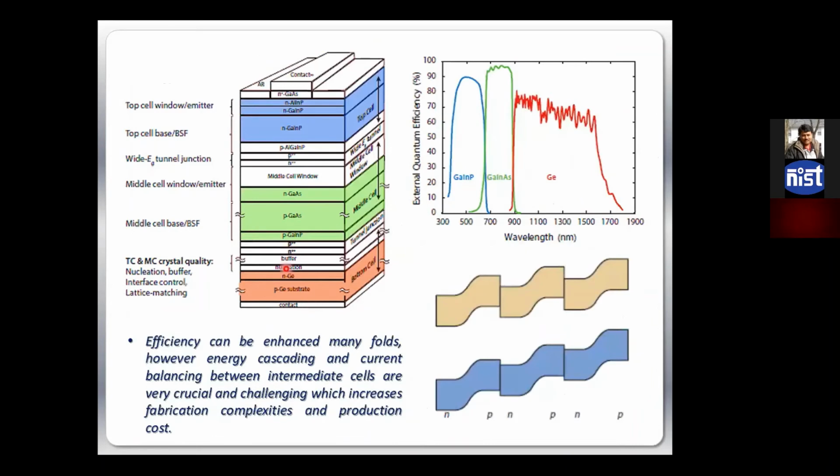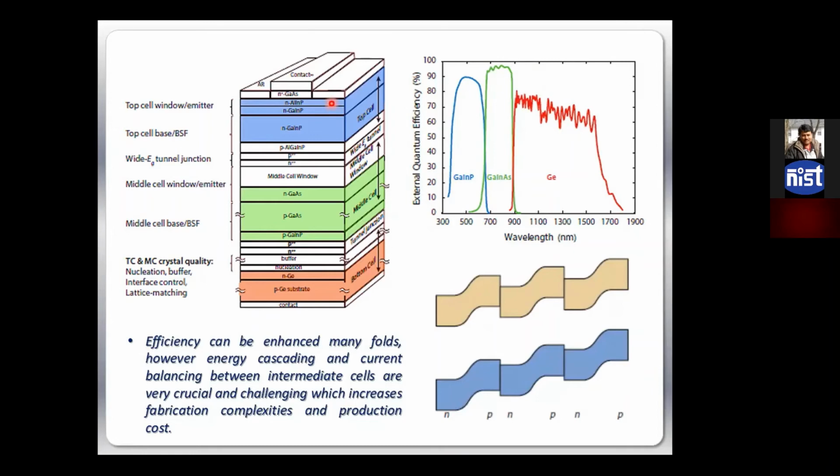This is one of the typical schematic diagrams of tandem devices, very highly efficient devices, which are made of gallium indium phosphide, gallium indium arsenide, and germanium. These three materials, one by one. You can see instead of one layer, we are using, I must say, 10 or 20 layers to make these devices, right? And we can harvest from 300 nanometer to 1700, 1800 nanometer. So we have broadened the energy range, and these kinds of cells are showing like 35%, 40% efficiency.